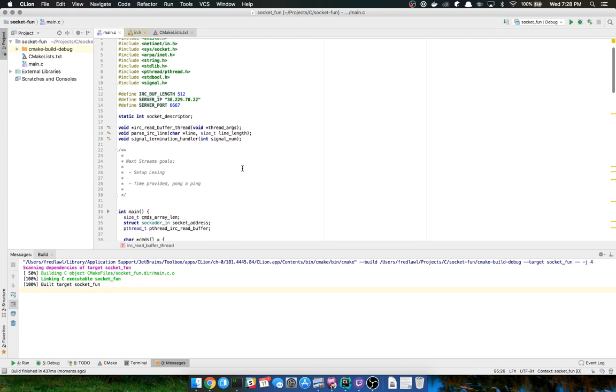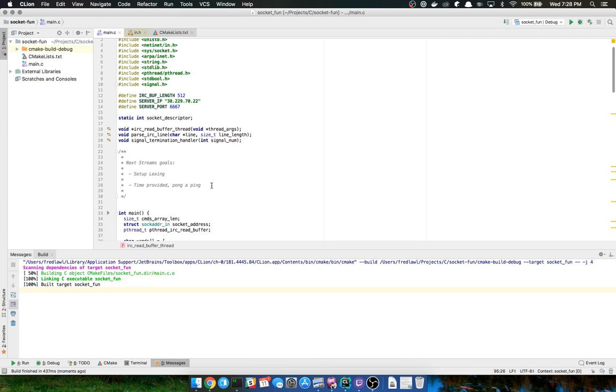Great. What we're going to do next time is look at the input coming in, that stream of text line by line. That's why I wanted to read line by line. We're going to look at that and tokenize it. And once we tokenize it, we can start parsing out the actual commands, so we can implement functionality that's going to enact when those commands are sent to my IRC bot.